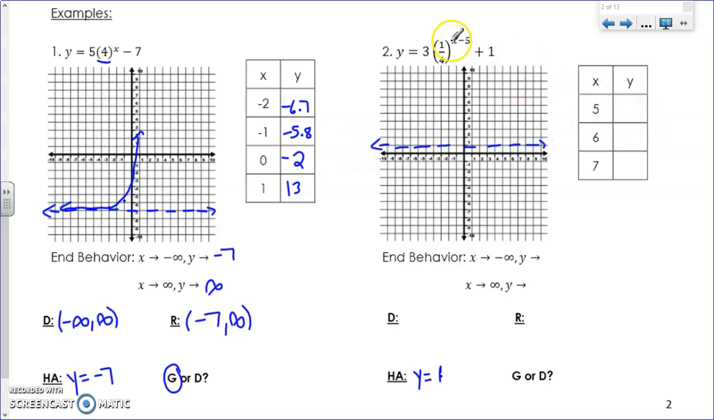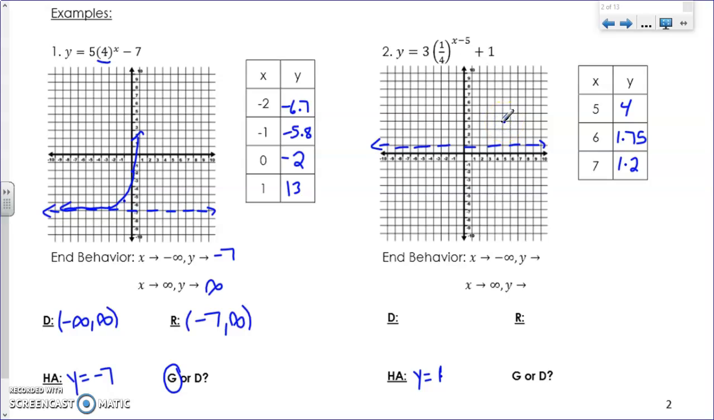Okay, and then if I plug 5 in there, 5 minus 5 is 0, and then that would give me 1, and then 3 plus 1 is 4, and then I plug 6 in there, I get 1.75. If I plug 7 in there, I get 1.2. Okay, so if I go over here to positive 5 and I go up 1, 2, 3, 4, this one's